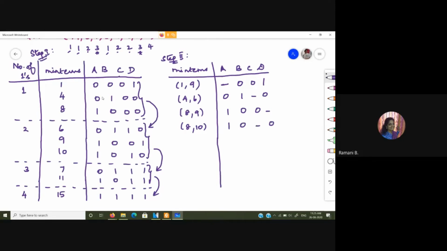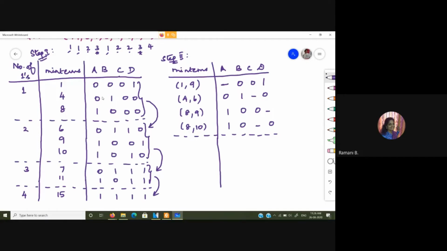So here, after doing the comparison between the first two groups, just check whether all the minterms are present in this pair or not. That is in the entire combination. So we have 1, 4, 8 over there and 6, 9 and 10. So it is fine. So if any of the terms are left out, we have to consider those as an essential prime implicant. We will see that in the example when we come over.